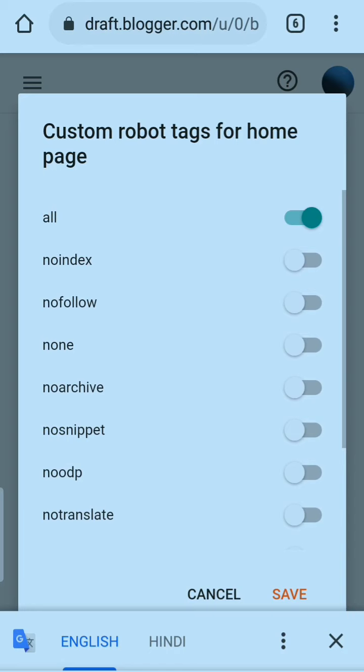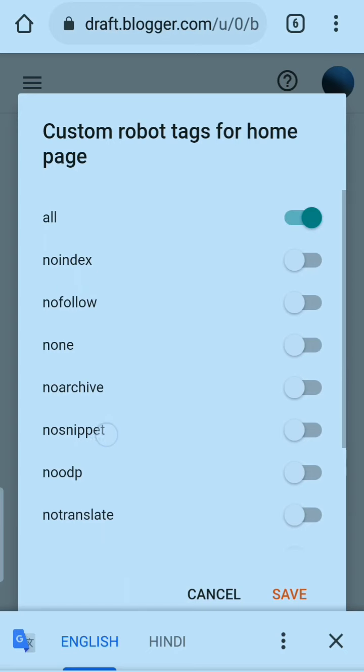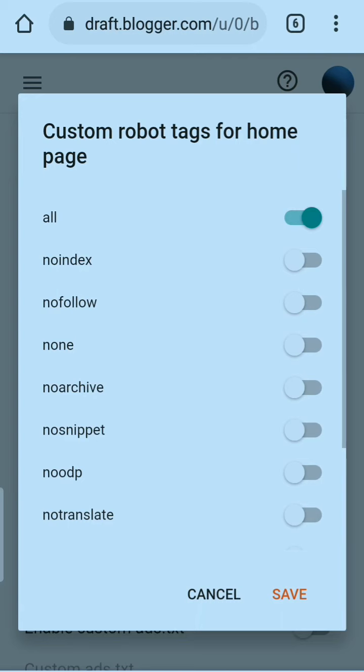So let's tell you now about these all. So all, if you are giving permission to Google that all your content is ready to be crawled, then you should enable here only all. This is enough. You should ignore all the remaining options.